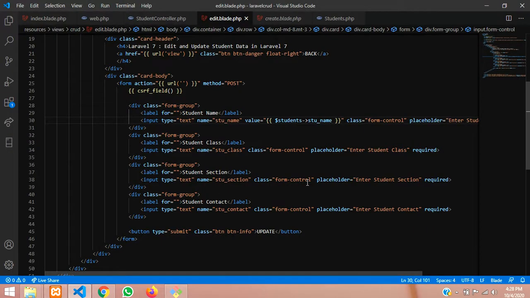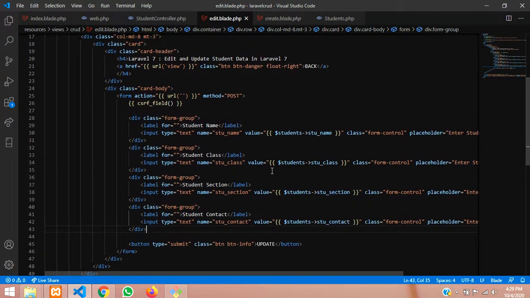And now same, copy and start pasting with your remaining fields. Let's paste this. Finally we have pasted it, and then let's create that class also, and then section, and then finally contact. Done.